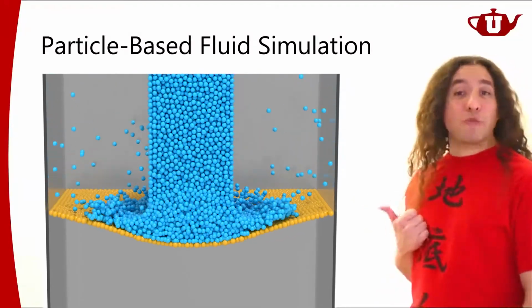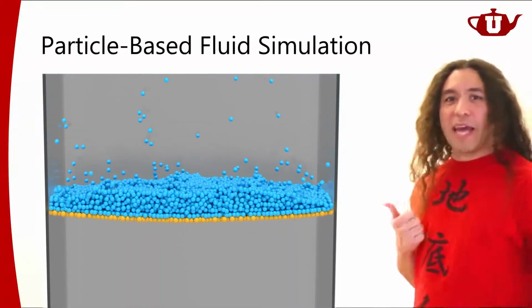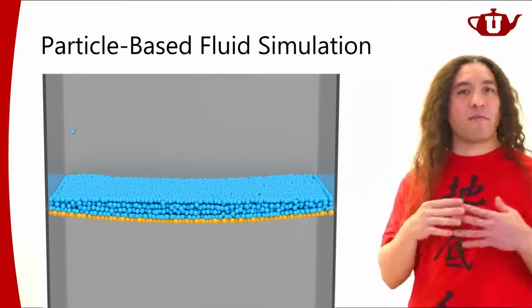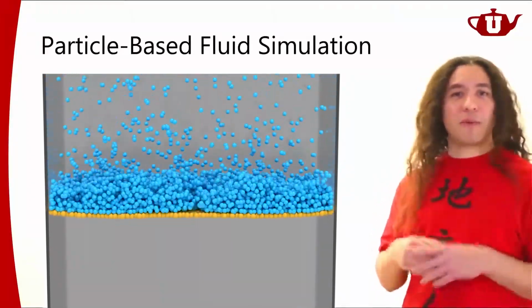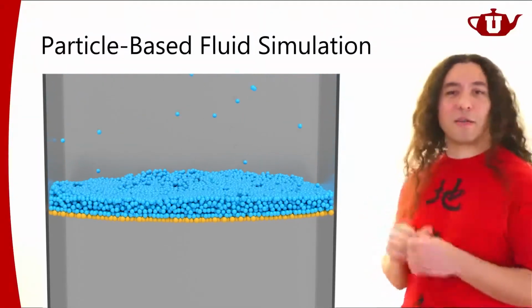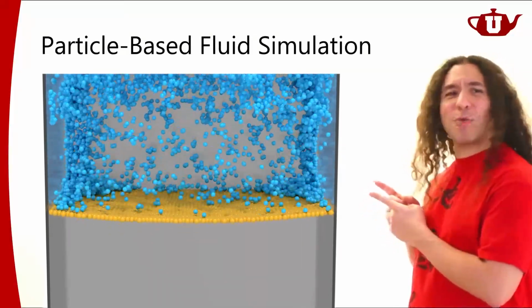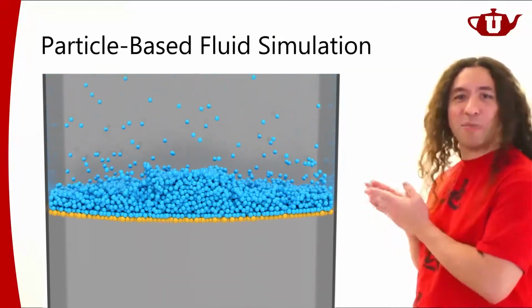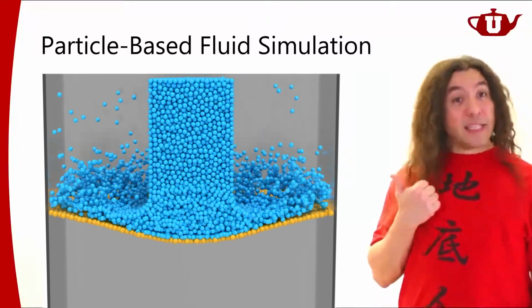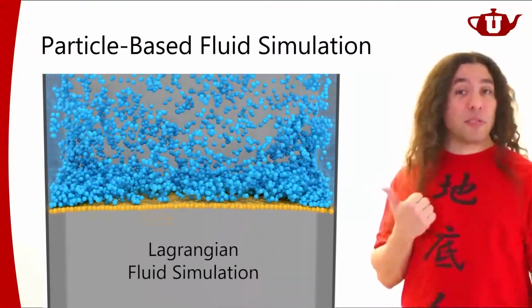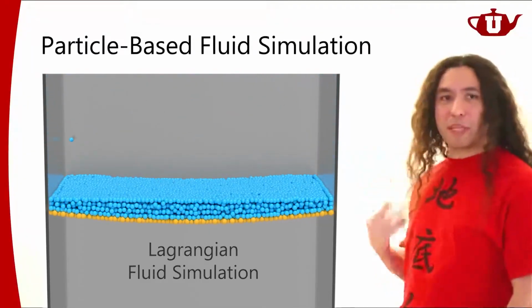We don't always render particle-based fluid simulation like this. We simulate it like this, and then we generate a surface around it, and we form a triangular mesh around it, and we render that triangular mesh with ray tracing, with reflections and refractions, so it actually looks like fluid. Here it sort of moves like fluid, but it doesn't quite look like fluid because I'm displaying the particles, so you can see the particles here. Now, particle-based fluid simulations, another name for it is Lagrangian fluid simulations. So if you hear Lagrangian fluid simulations, people are talking about particle-based fluid simulations.